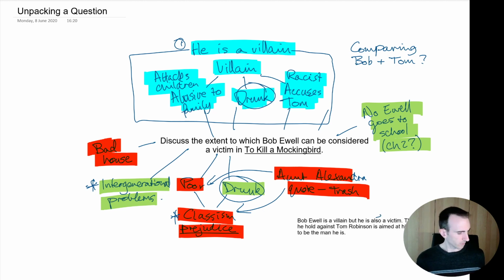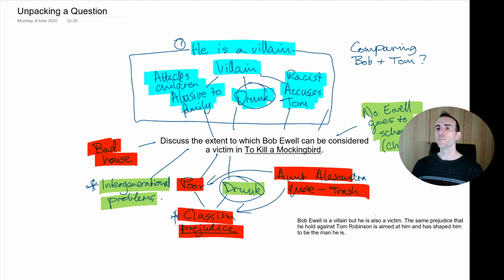Can I move that? Oh, no, I can't. Maybe with this. No, okay, we'll just leave it there. Oh, my head's covering it. I've ruined everything. I can move my head.